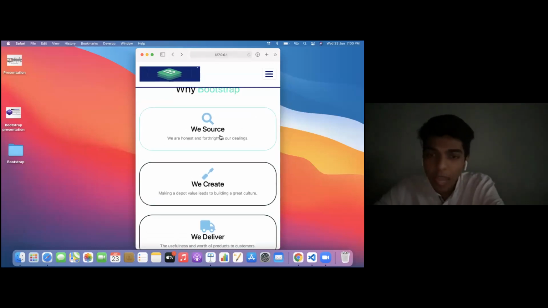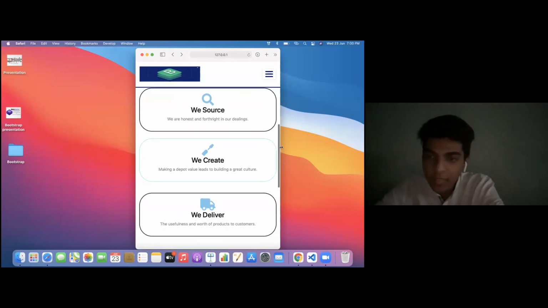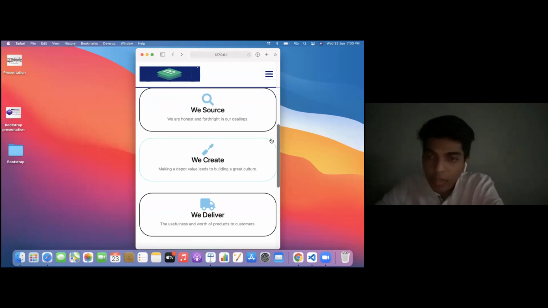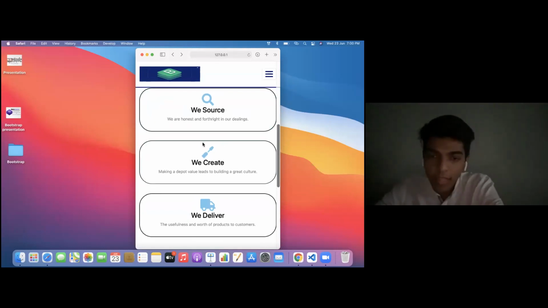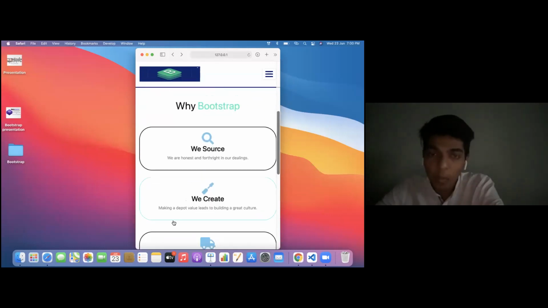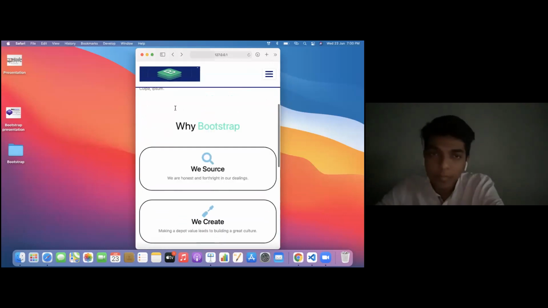I have given some margin of MB3, I'll be explaining that, but the overall padding from the sides and the downwards padding has been provided to me by Bootstrap, and the part that it stacks and is in the vertical layout is also provided to me by Bootstrap.